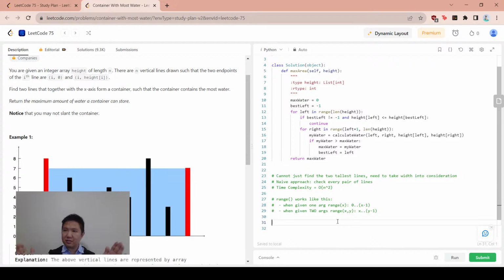So as these two things close in on each other, they get smaller and smaller. And then two is the property that basically if you close in and you choose a shorter line, then your water is going to be lower. Okay? So basically the idea is we are